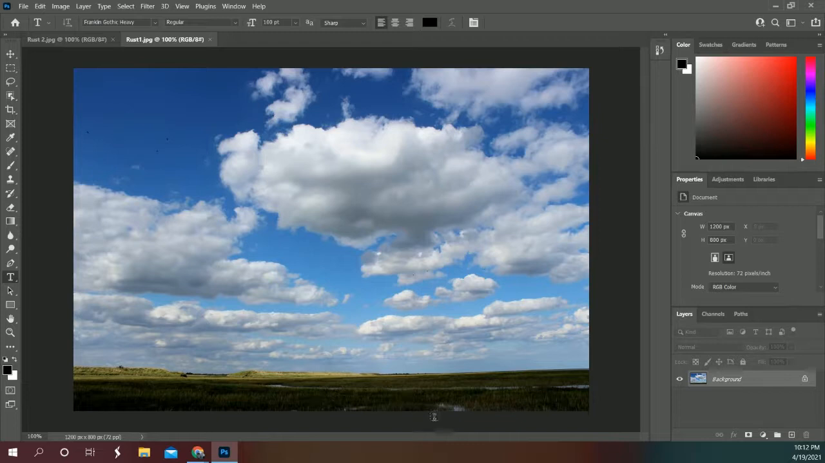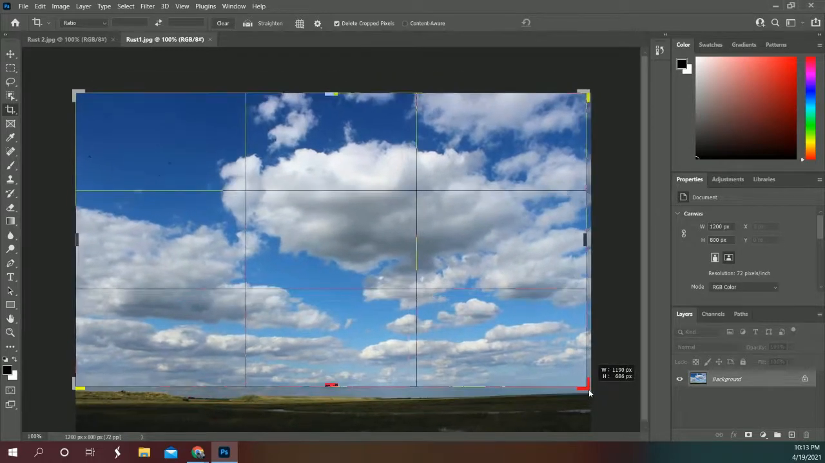Now, as you see, we have our clouds picture. Now that we have our clouds picture, we are going to go to our crop tool. Basically what the crop tool does is it deletes the things we don't want in our photo. So it just kind of selects the things we want in our photo, which would be the clouds. So we're gonna go here on our lower right hand corner, and we're gonna drag it